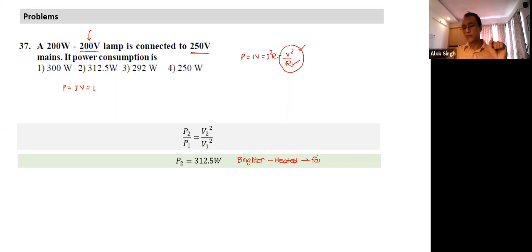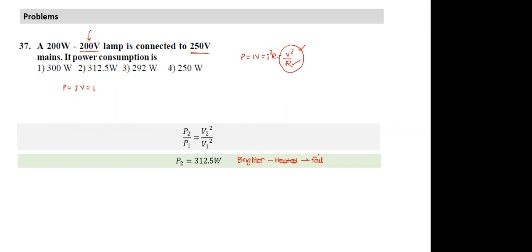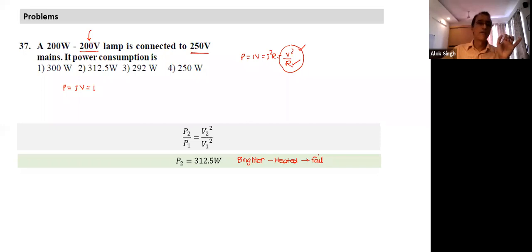So what do we assume? All equipment is rated to operate at a particular voltage. If I operate at lower voltage, it will consume less power, it may not perform efficiently. But if we connect it across higher voltage, it will consume more power, it will get more heated and it will fail. That's the point we have to keep in mind. And theoretically, what we assume, if it is rated for 200, even if I connect to 201, I may think, okay, this is going to fail.